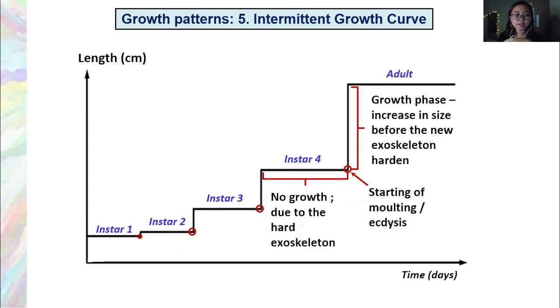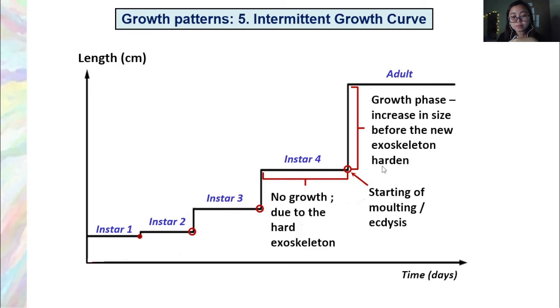So have a look at this one. This is, of course, still showing an intermittent growth curve, but look at the parameters and the shape of the curve. The parameter is length. So, what is the length of this insect in day 1? What is the length of this insect in day 2? And so on. Okay? So, you see, if we're measuring the length, it is flat, then goes up, flat, up,